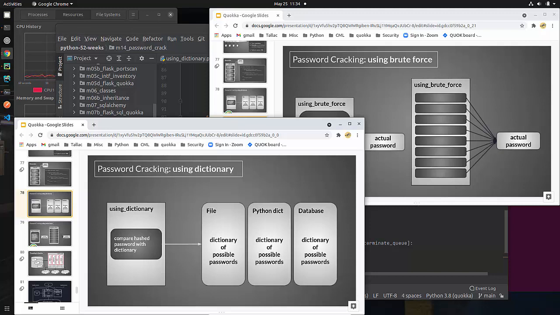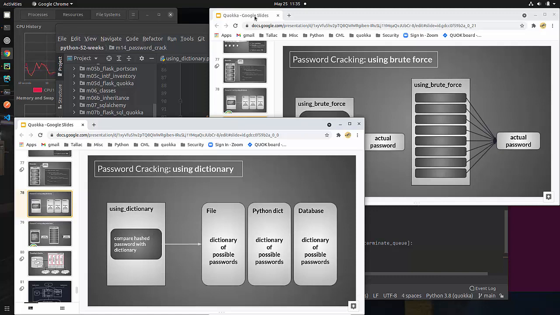And so we did it using a file, which can take a long time, especially if you're doing it at scale. We read everything into a Python dictionary, which of course would be exceptionally lightning fast. The downside was that it used up a lot of memory. In fact, we could only, on my system, utilize about 4 million of those passwords. And then we also read it into a database. If you're going to be building a real live application, you'd probably use a database. The downside is the upfront cost can be kind of steep, but the upside is the database stays around forever, and it also is very, very fast. So we looked at doing that, cracking passwords using a dictionary.